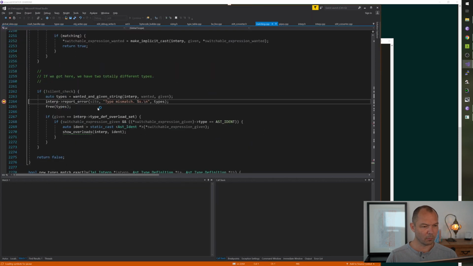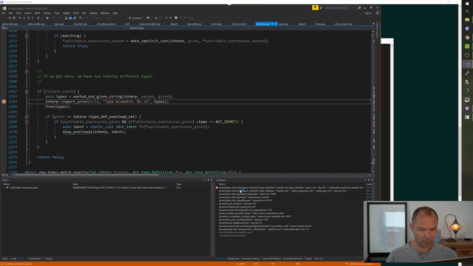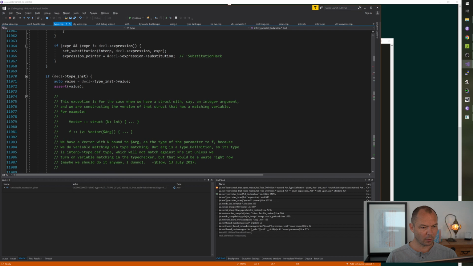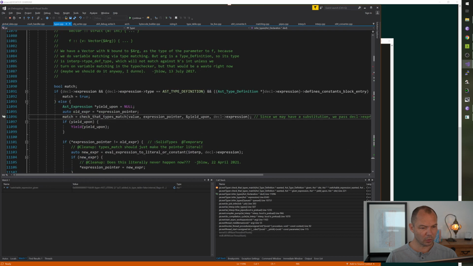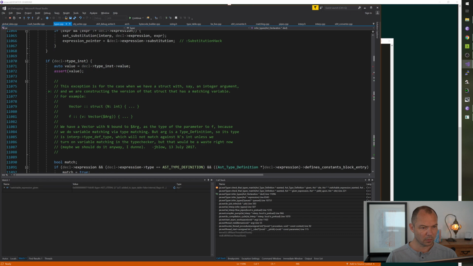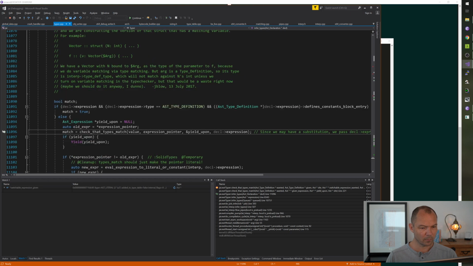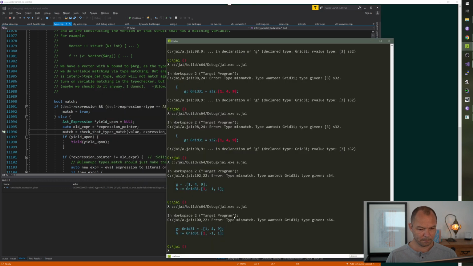Okay, but now in this one, let's see this one. Type mismatch. Check the types match. Infer types of a type instantiation.